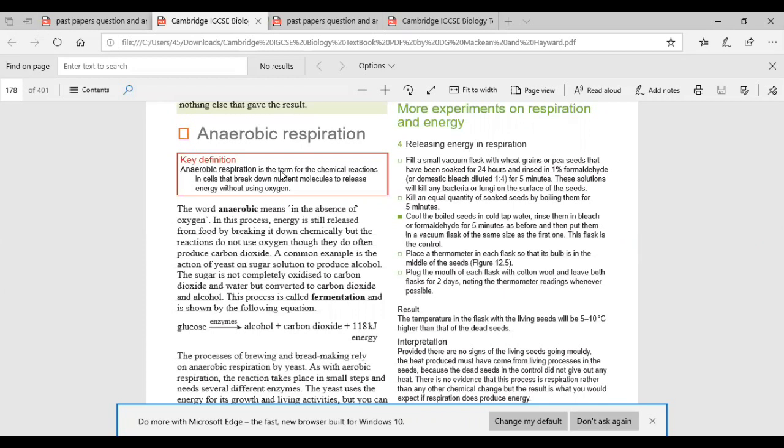What is the difference between aerobic and anaerobic now? Thanks a lot. I will repeat. We said in anaerobic, glucose, in the presence of enzymes, will produce alcohol and carbon dioxide and 118 kilojoules. So now we want